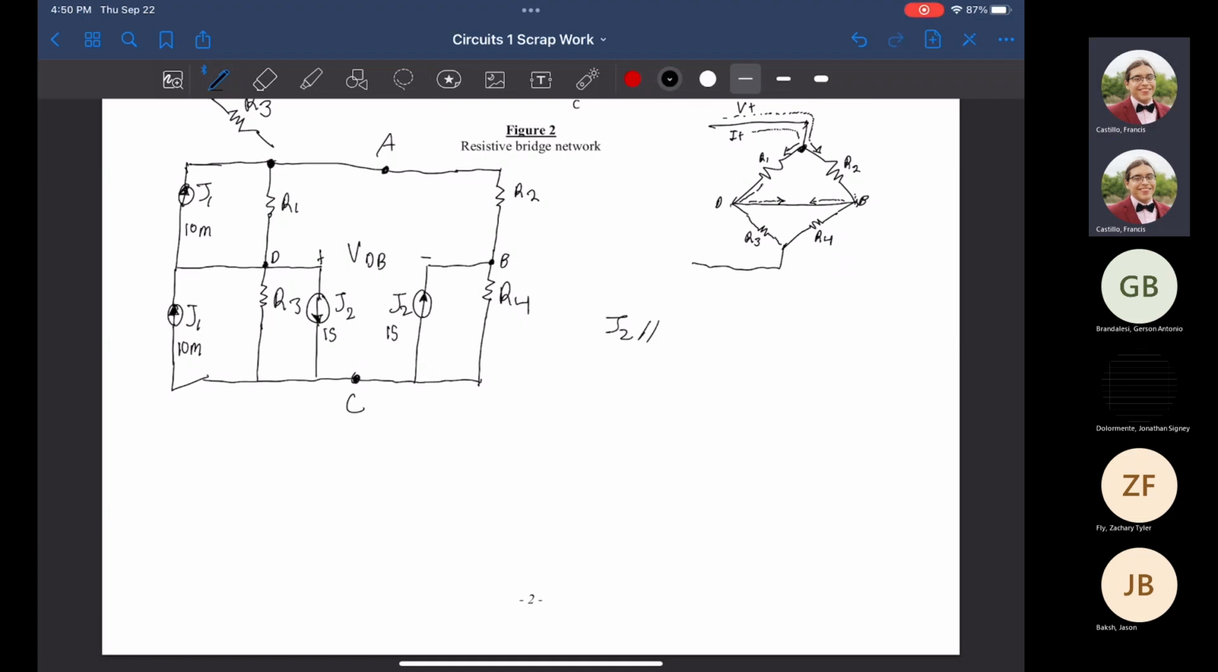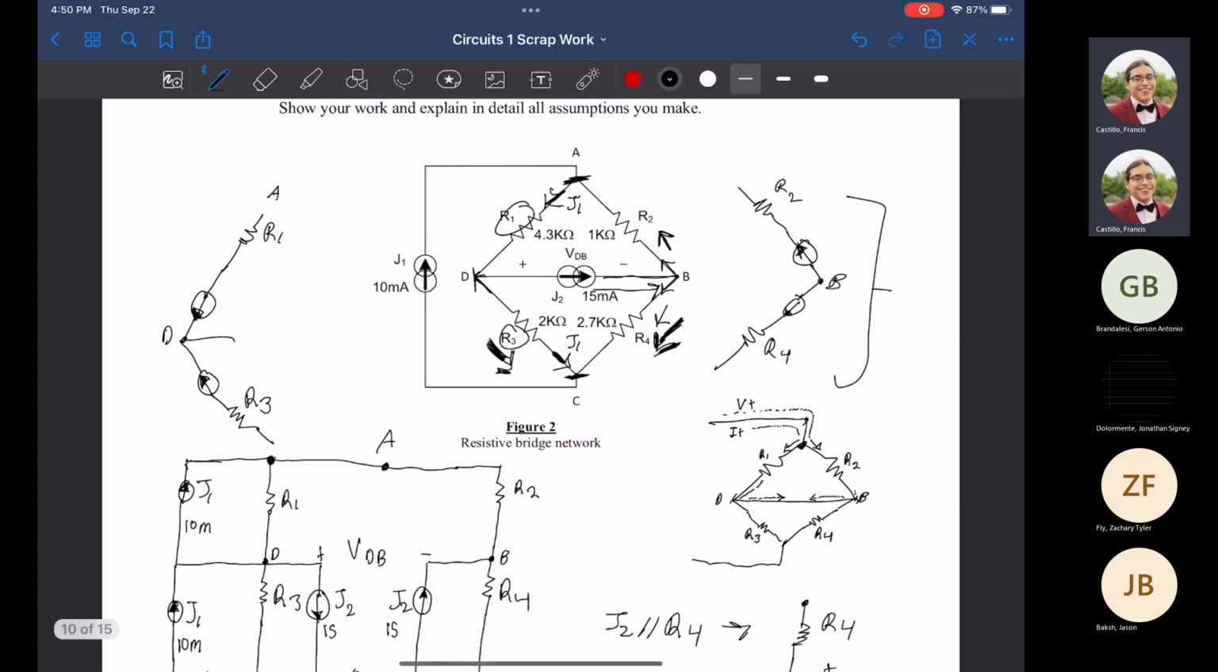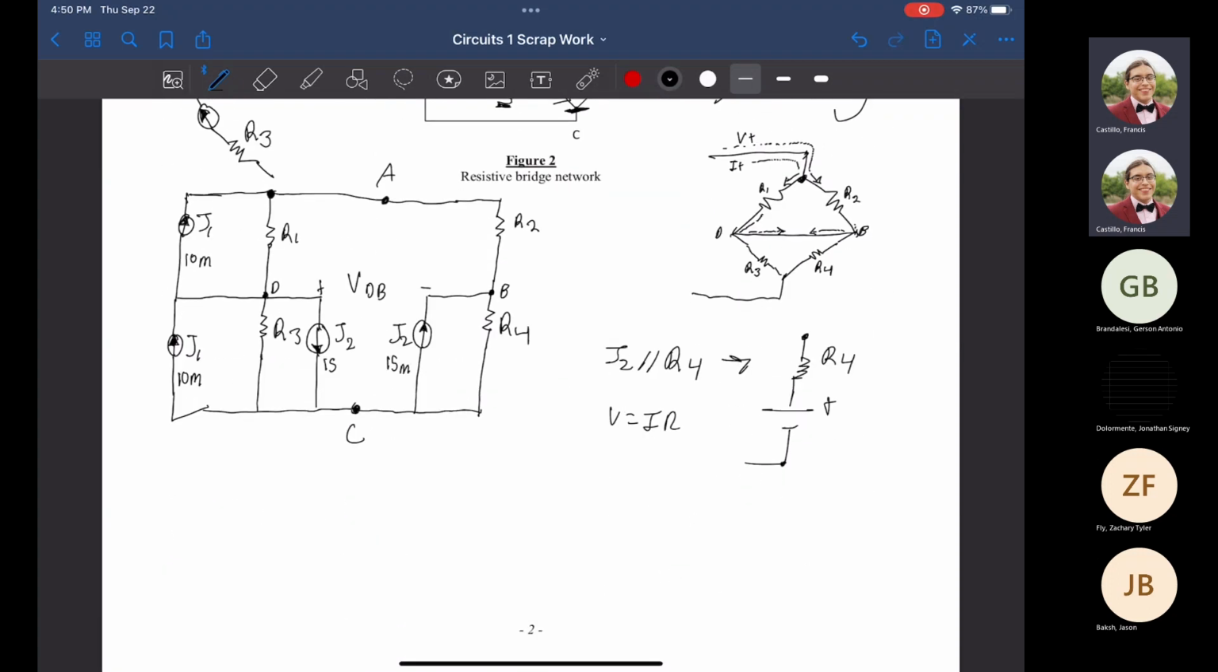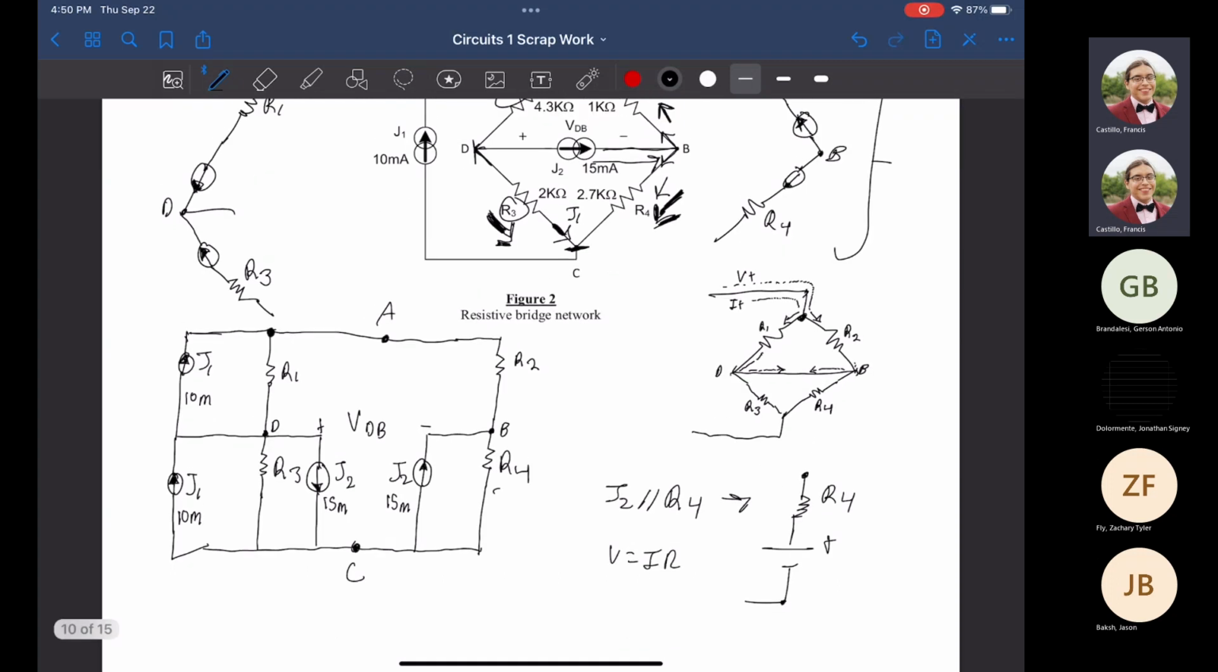So J2 is in parallel with R4, meaning our new circuit is going to be a resistor with a DC source. It's positive here in R4. Well, it's just some simple Ohm's law. So in this case, to find our voltage, V is equal to IR, just doing that quick multiplication. We know originally 15 milliamps, so this is 15 milliamps here and here. R4 is 2.7 k ohms,